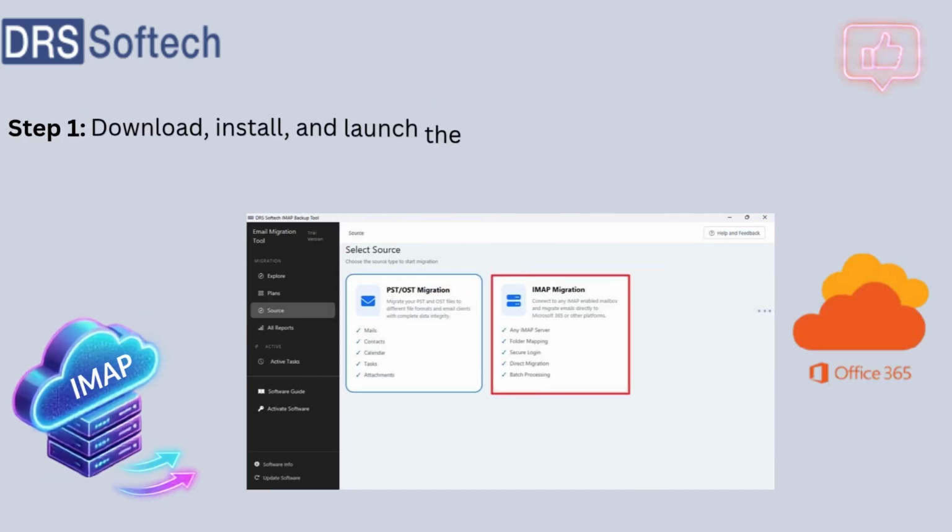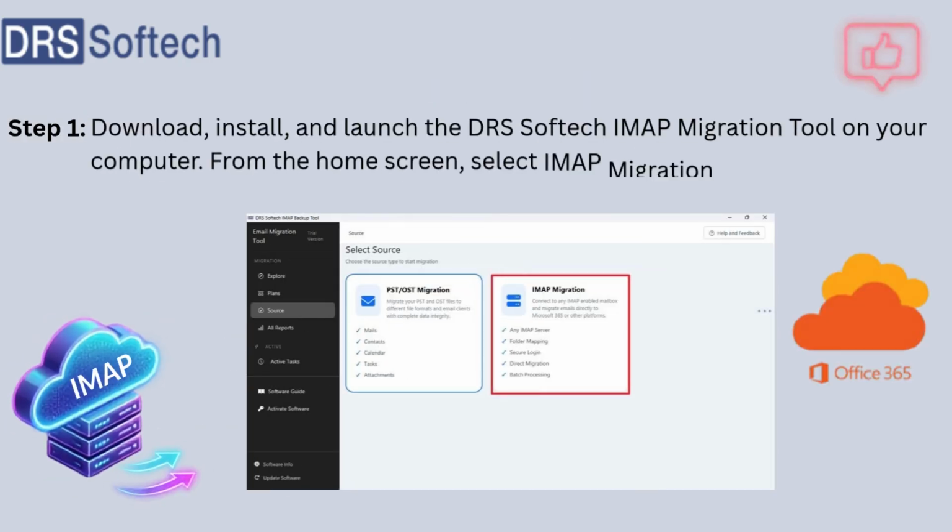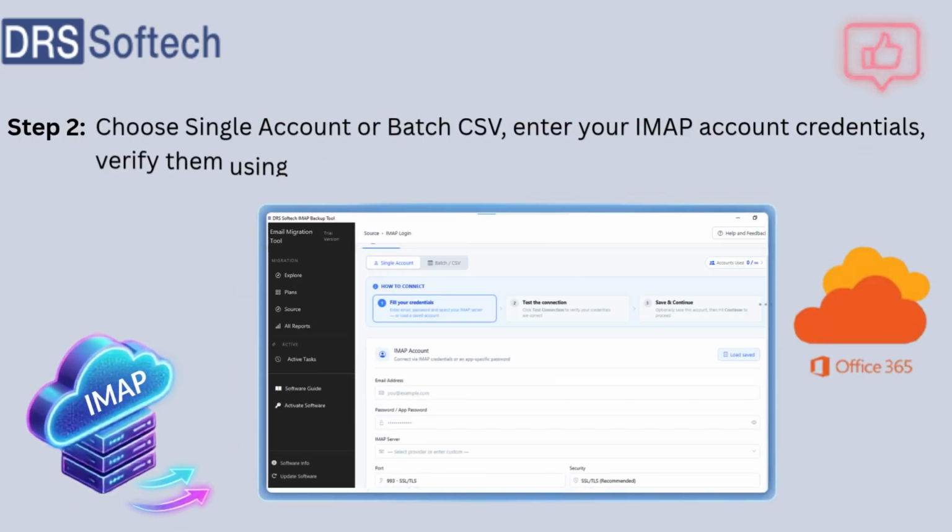Step 1. Download and install the DRS Softech IMAP migration tool. Select IMAP migration as the source. Step 2. Choose single account or batch CSV, enter your IMAP account credentials, verify them using test connection, and click